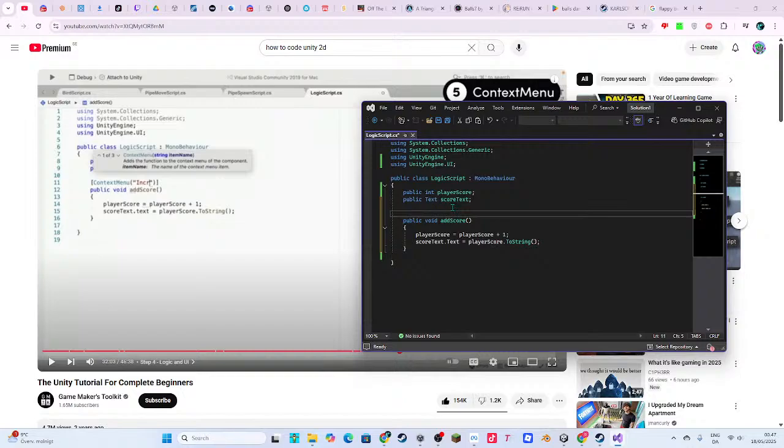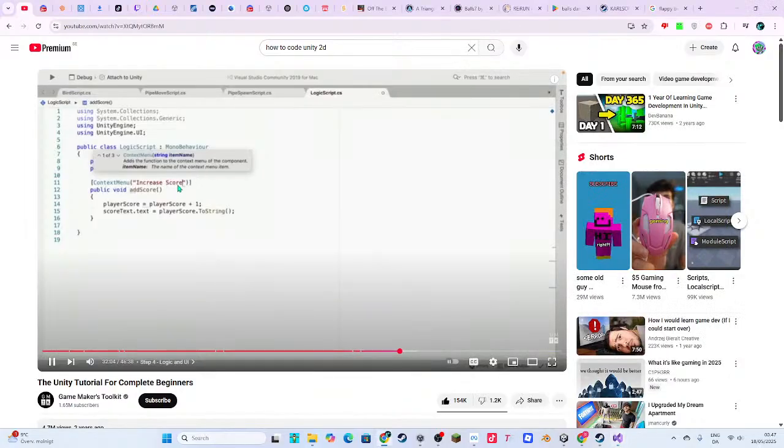Just come here, enter, and then, okay, this time we're using that thing. Context menu, comma, and whatever name we want, let's write increase score.